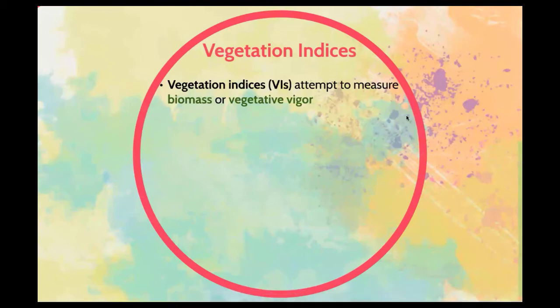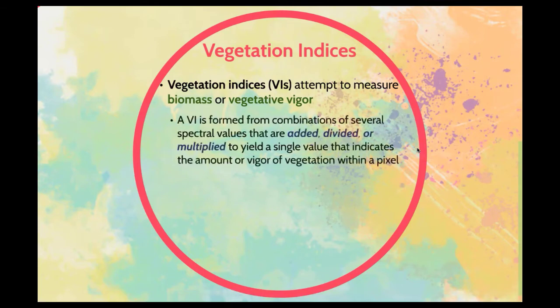So vegetation indices are basically mathematical equations, usually very simple, that try to measure the total amount or the growing status of your vegetation cover. After you compute some vegetation indices, every single pixel in your image will receive an index value, which represents either the amount or the relative vigor of vegetation within a pixel. And I want to highlight the word relative, because